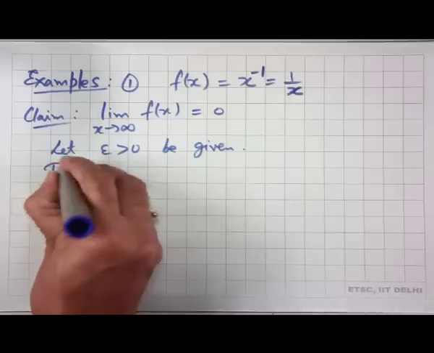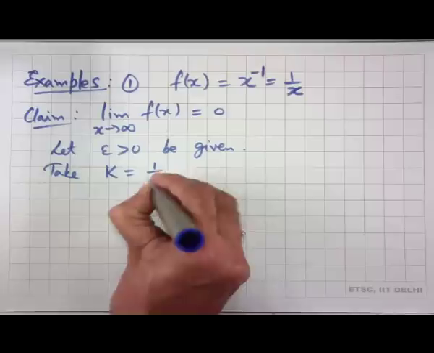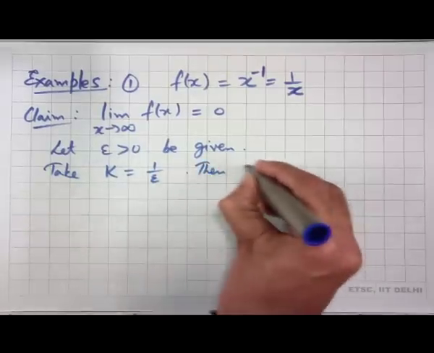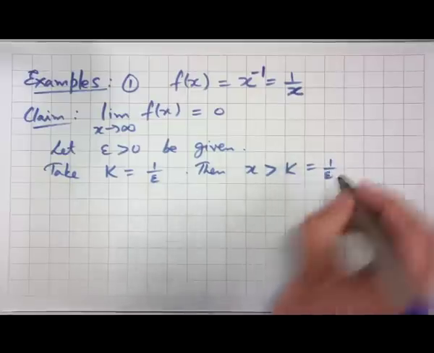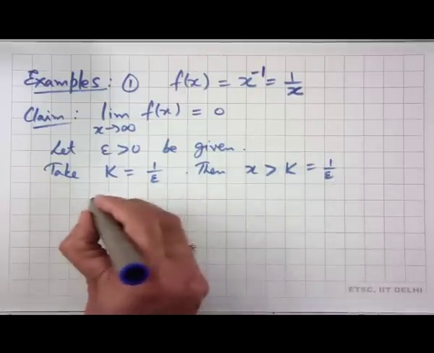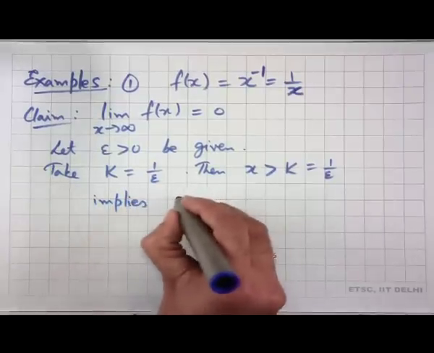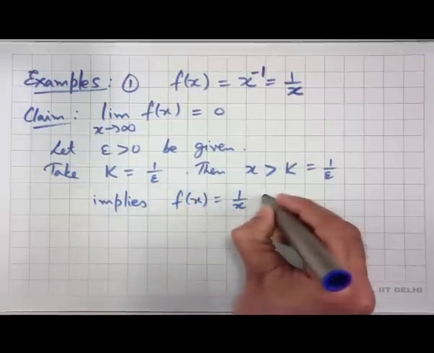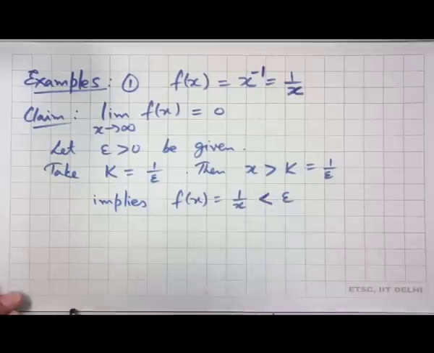So, if we take k to be equal to 1 by epsilon, then x bigger than k equal to 1 by epsilon, this implies that f(x), which is 1 by x, has to be less than epsilon,